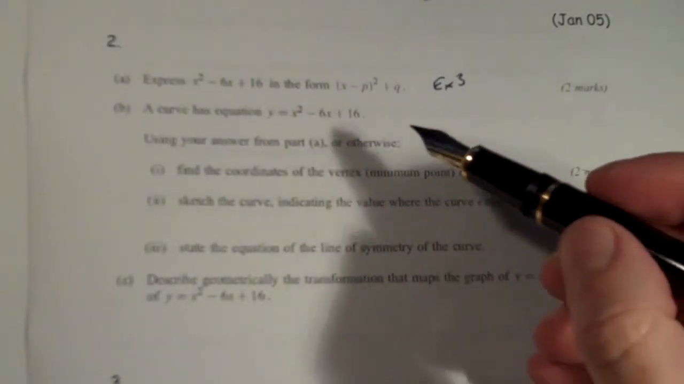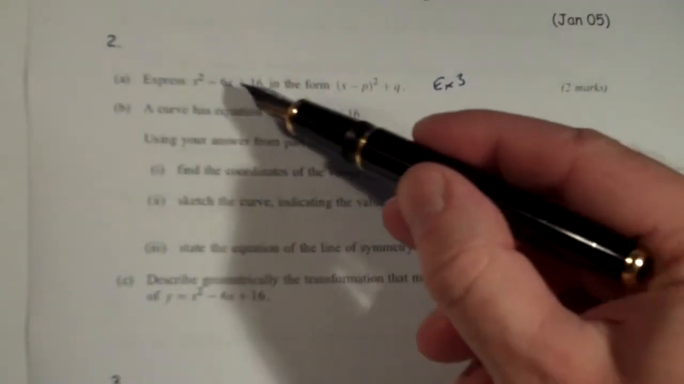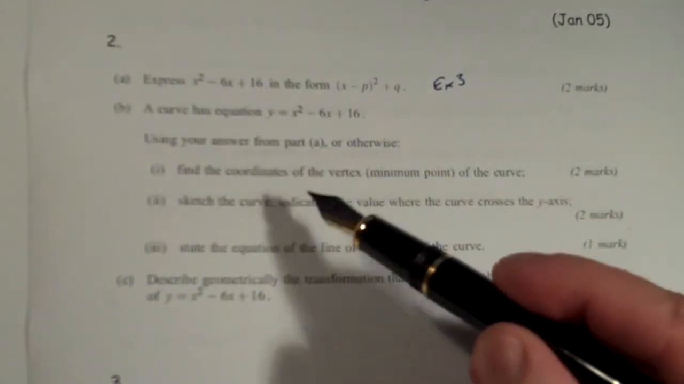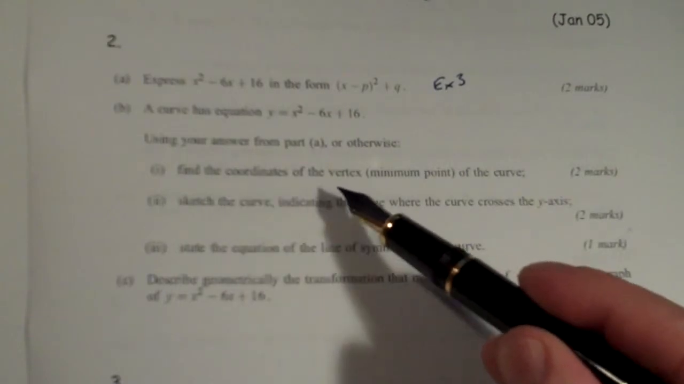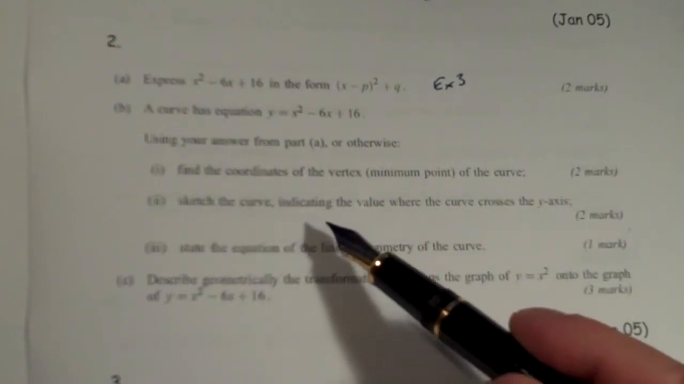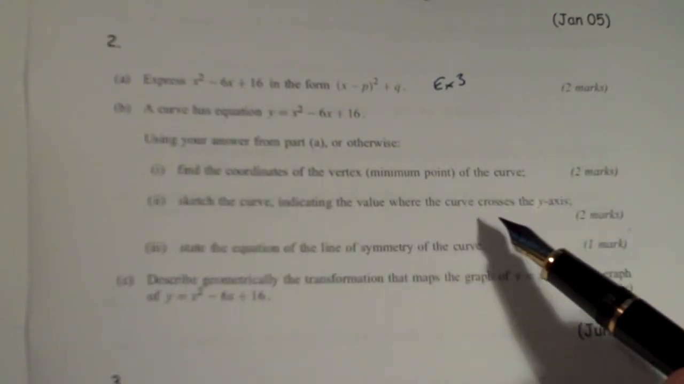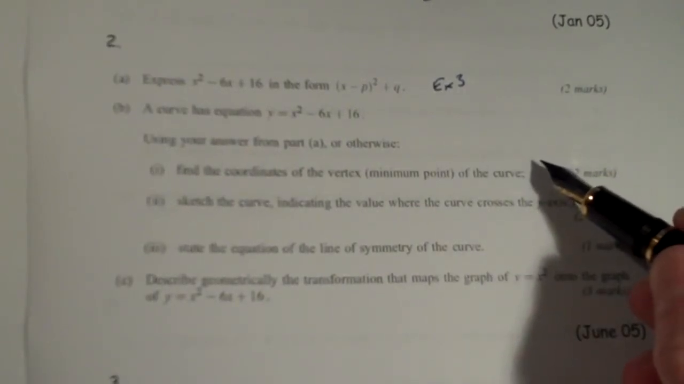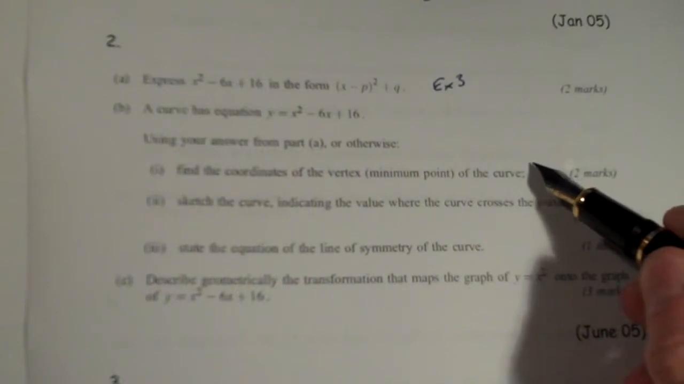In part B, the same curve as part A, all the parts are linked together. We've got to sketch this curve. We've got to find the coordinates of the vertex, sketch the curve, indicating where it crosses the y-axis. Now, if you look a little bit later in Chapter 1, round about page 15, something like example 7.2